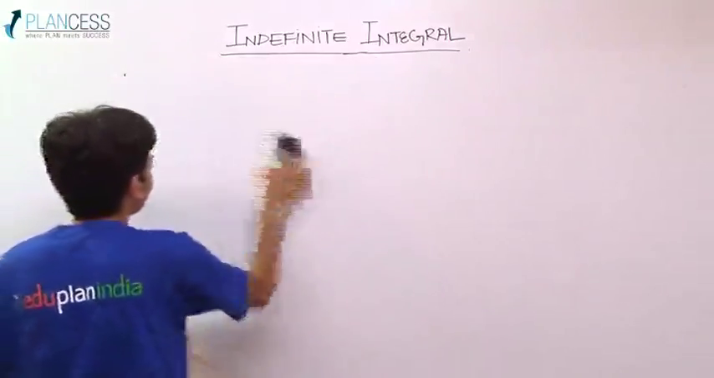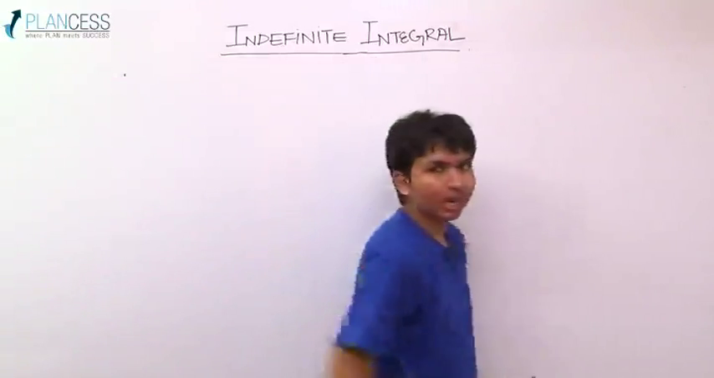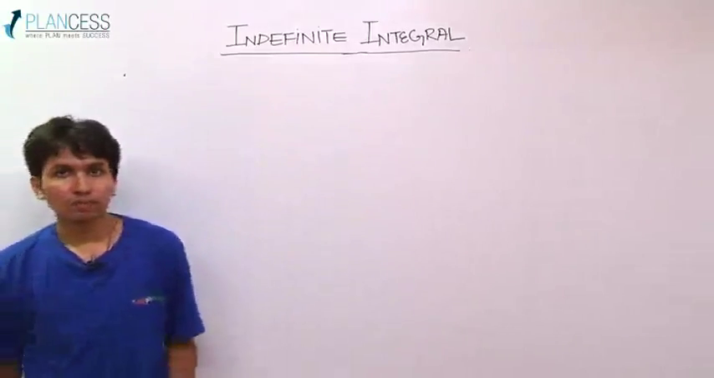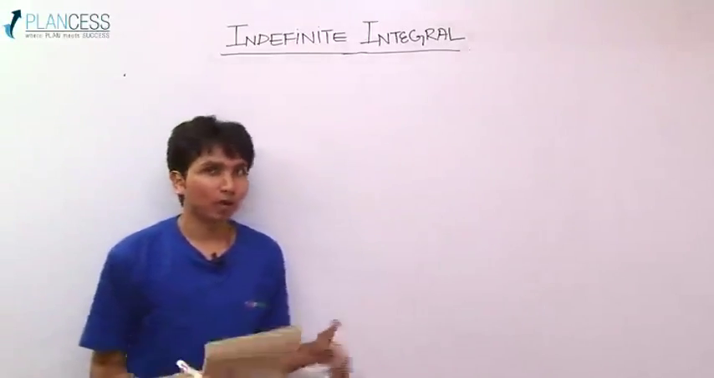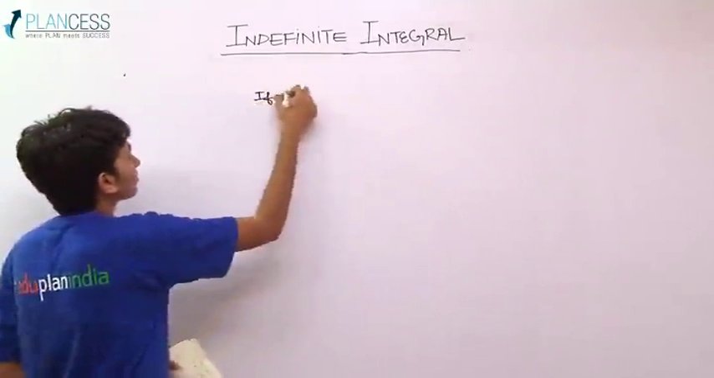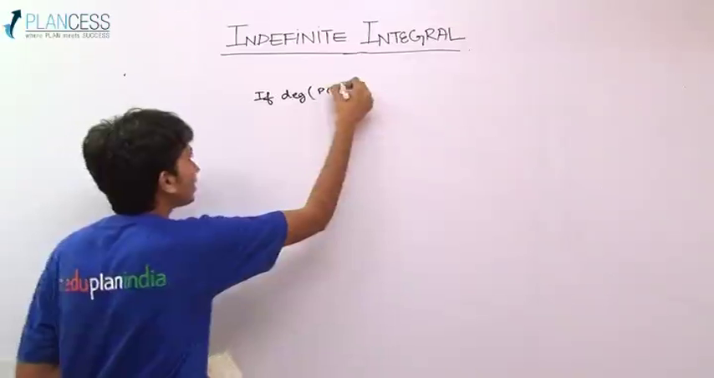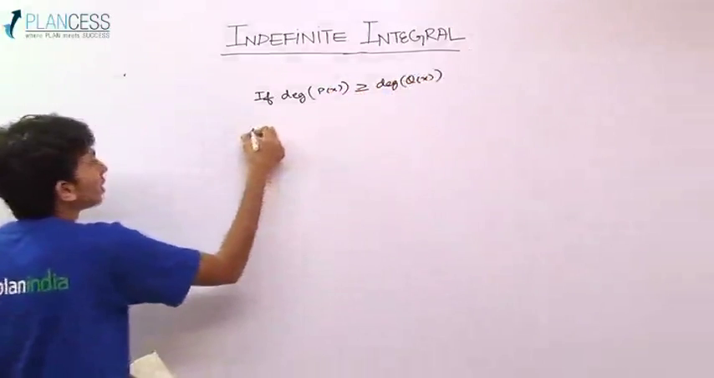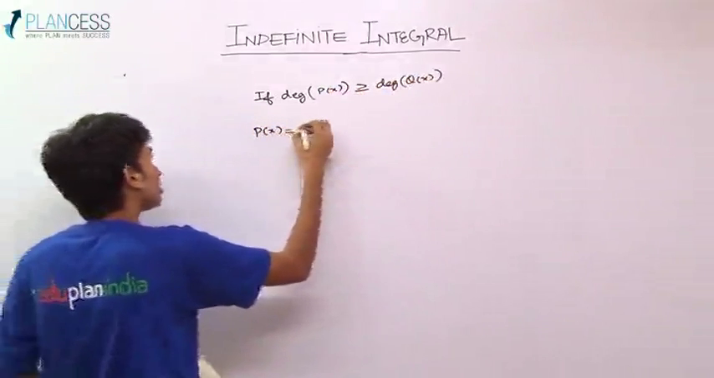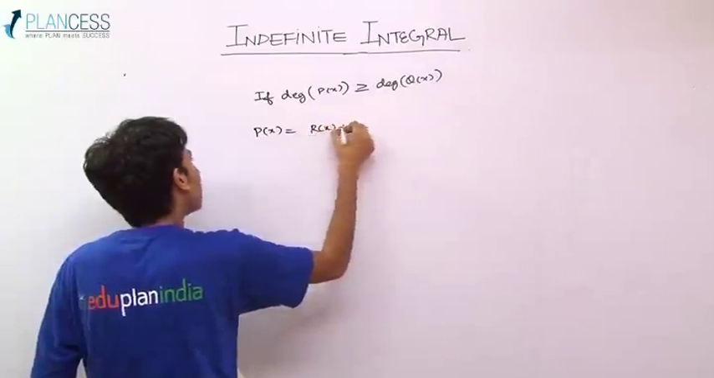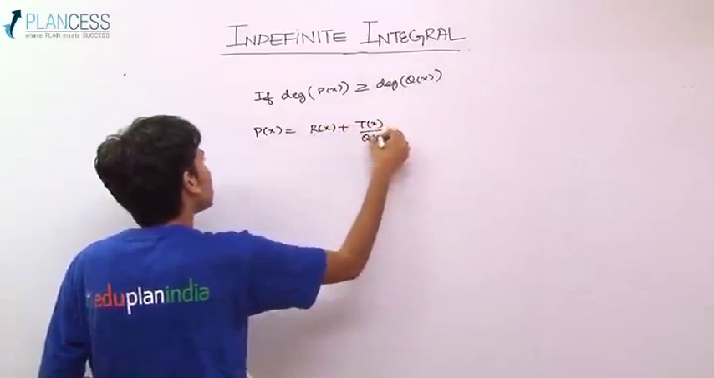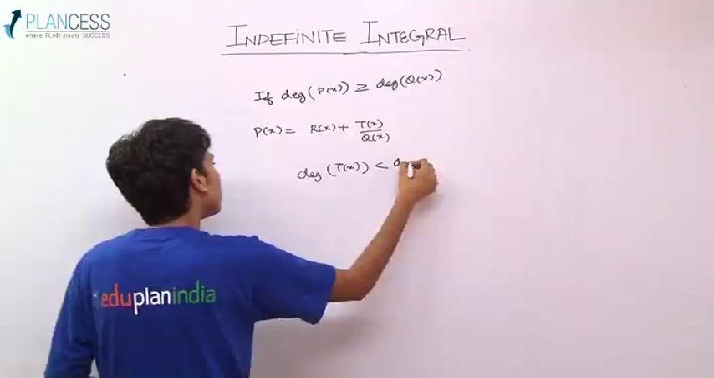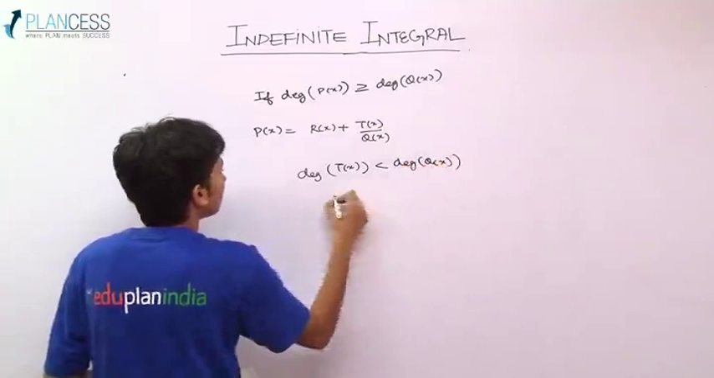Partial fractions. Okay, so here the initial condition that I told you, that degree of p has to be less than degree of q. If that is not followed, then you know that you can divide p(x) by q(x) to give, if degree of p(x) is greater than or equal to degree of q(x), then p(x) can be written as something, say r(x) plus t(x) by q(x), where obviously degree of t(x) is less than degree of q(x)